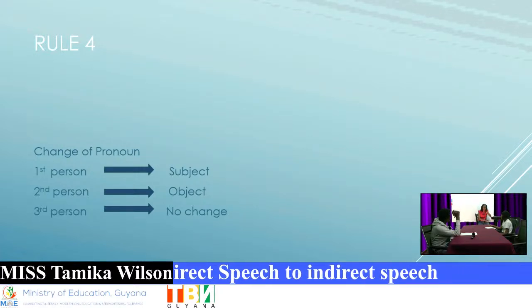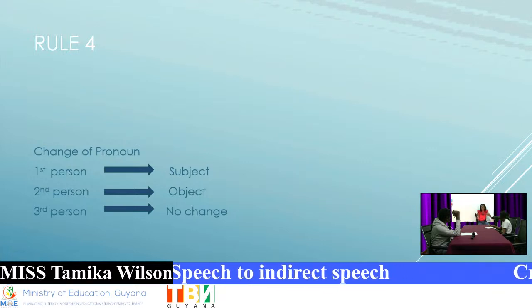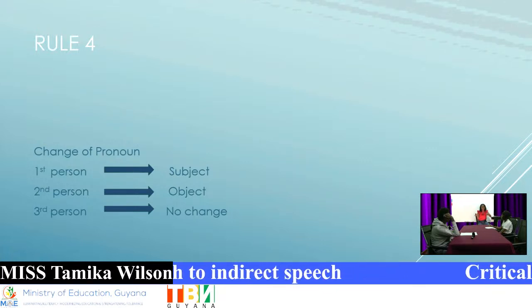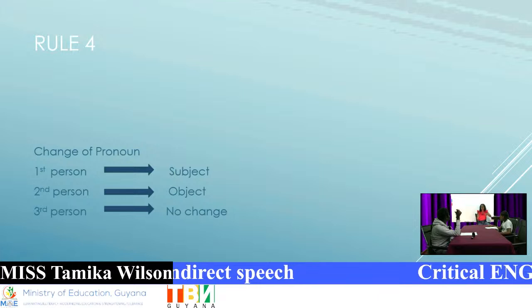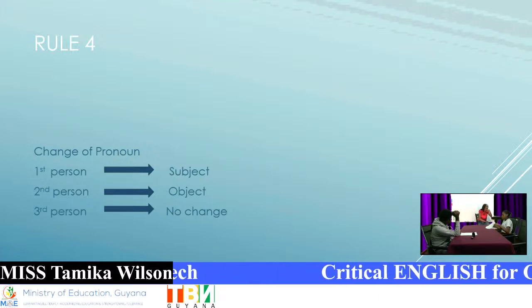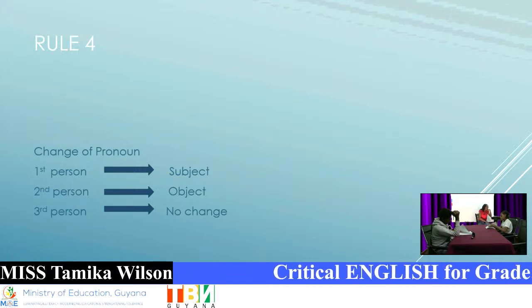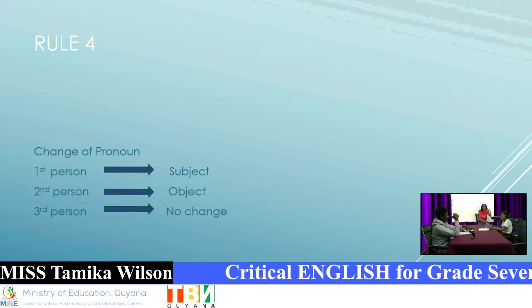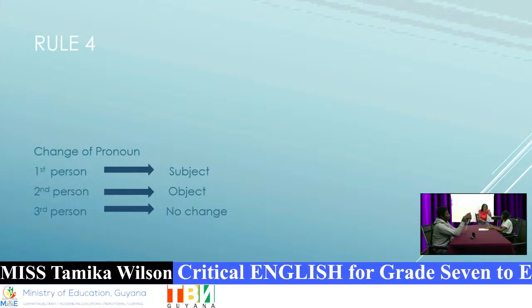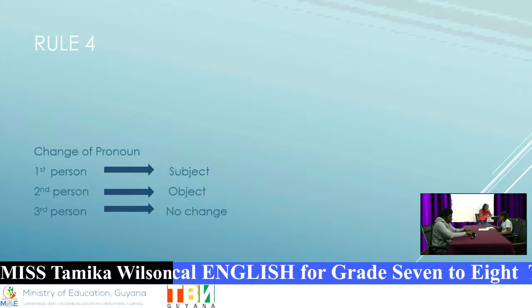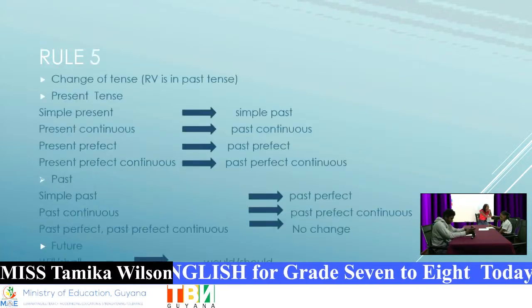So it would go from I to she, because we're reporting what she said, yeah? She said she will be, and we would make the transformation. The second person becomes the object, and for the third person, there is no change. All right? Moving on, and we move to